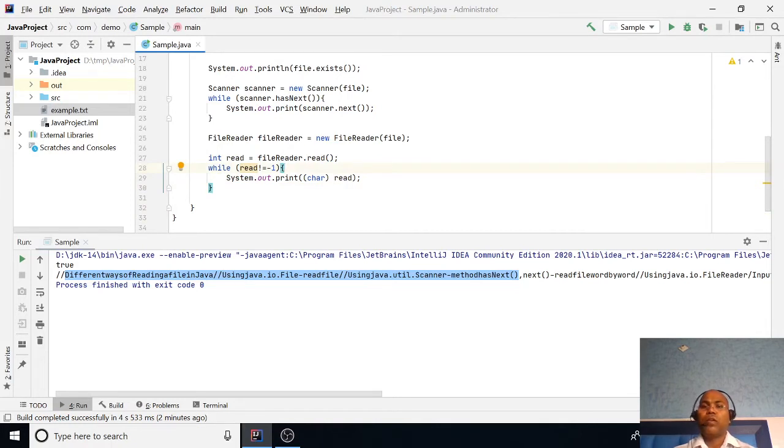Now we run it and check how the output looks.